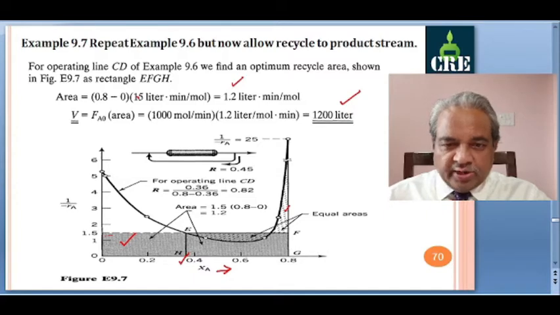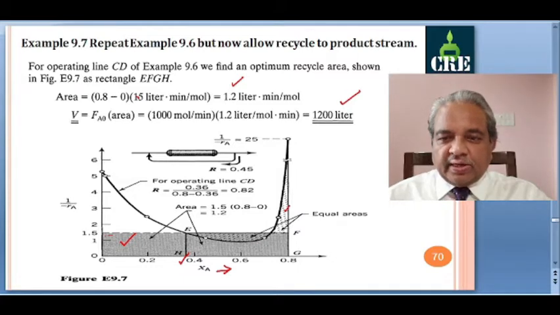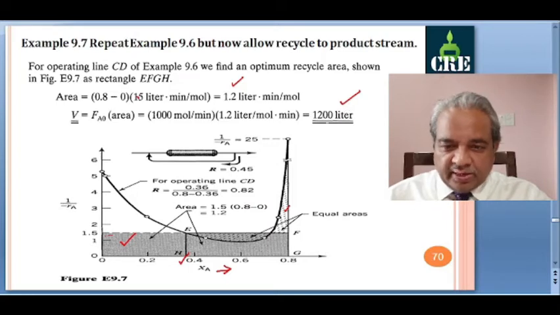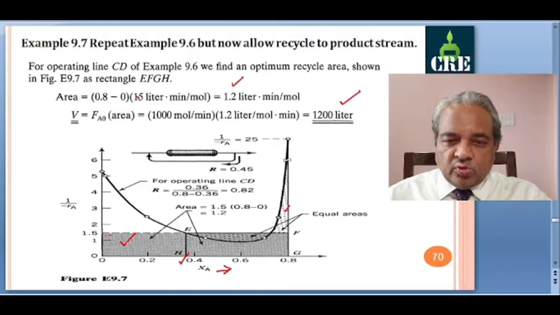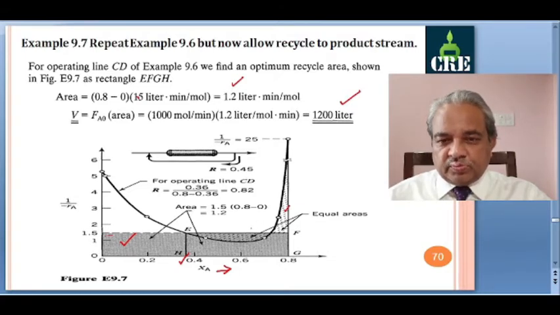For this you can find out separate volumes also. Volume of mixed flow reactor required from this rectangle, and volume of plug flow reactor this area under the curve or this rectangle, because these areas are same. So both you can find out and add. So that will be 0.36 minus 0 into 1.5 and 0.8 minus 0.44 into 1.5 and total. Okay. So here we are using recycle, which is equivalent to mixed flow followed by the plug flow, and the transition is at 0.36.